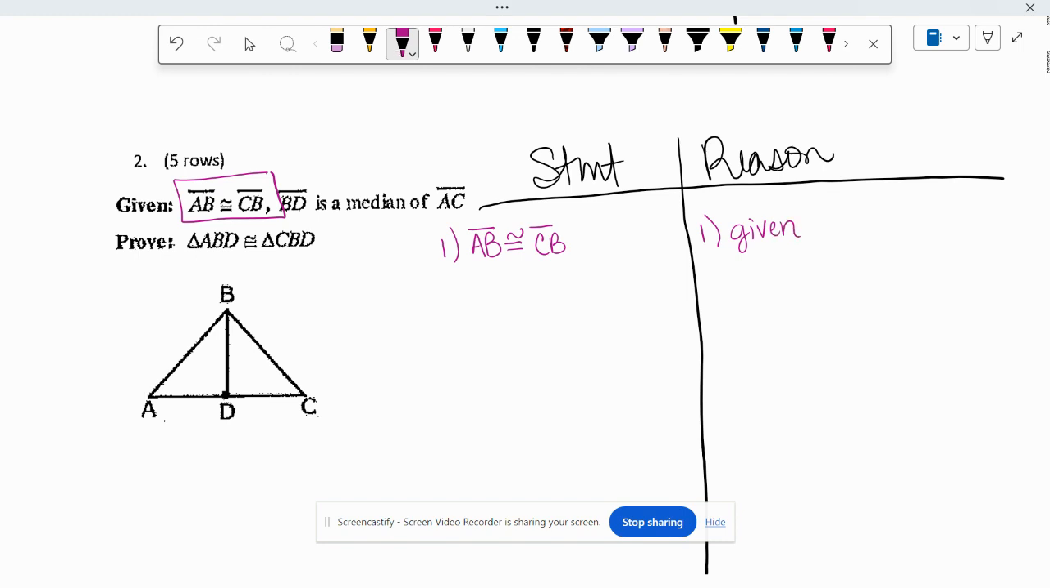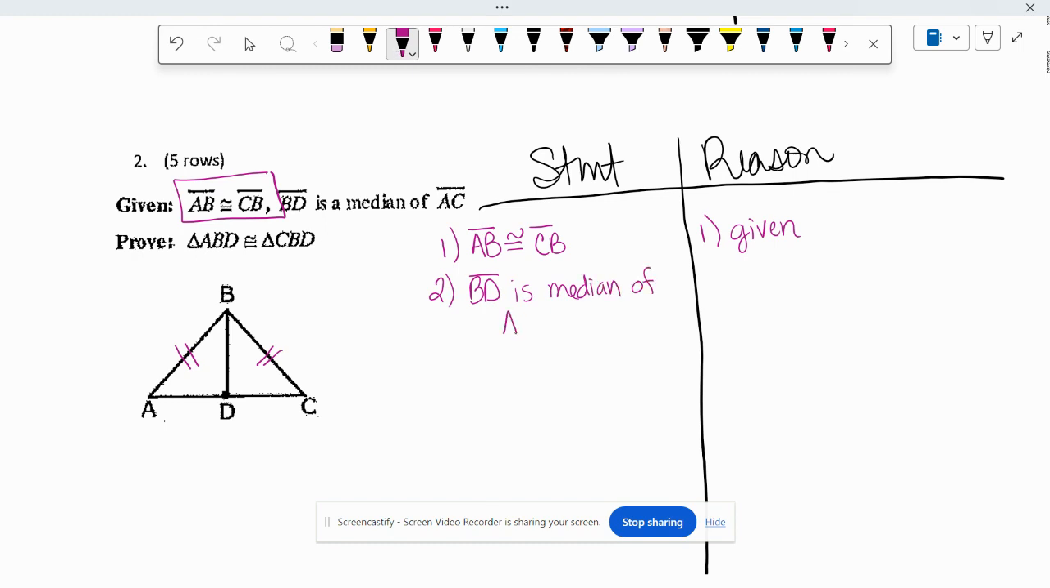So I'm going to mark it. AB is congruent to CB. It says that segment BD is the median of segment AC. That's the next statement I'm going to write. So segment BD is the median